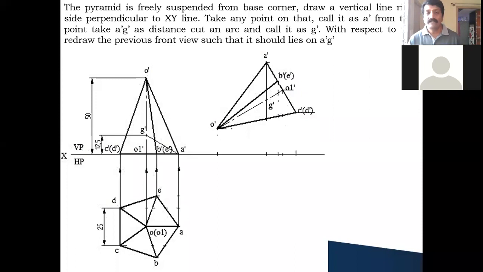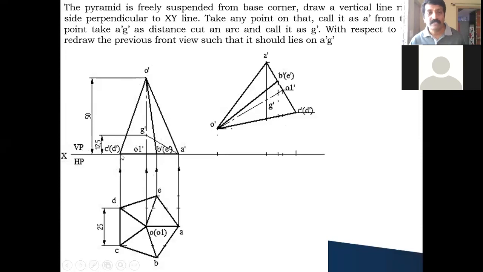Okay. After getting this, I need to get the other points also. How to get the other points now? So how to get it? Only I know the A dash and G dash. Correct. So after this, what you can do is from point G,